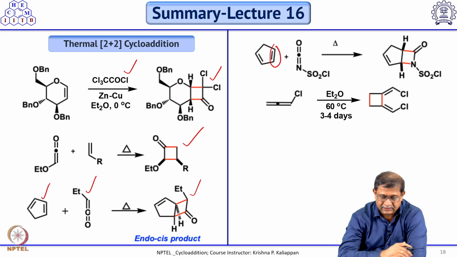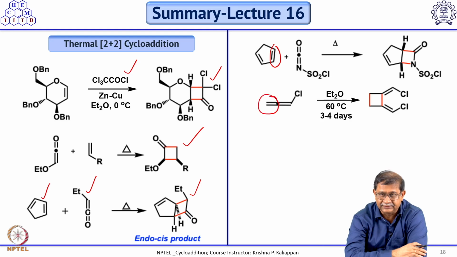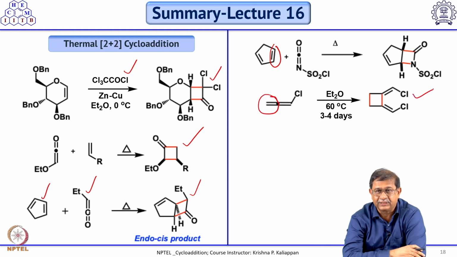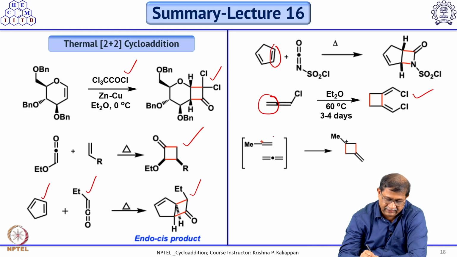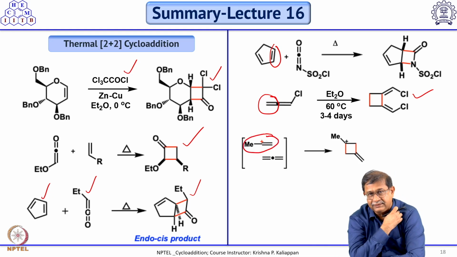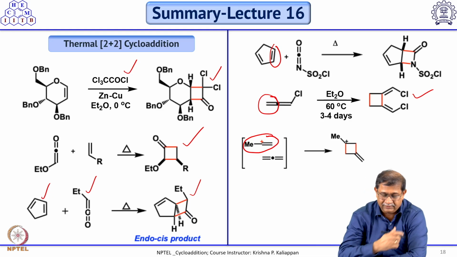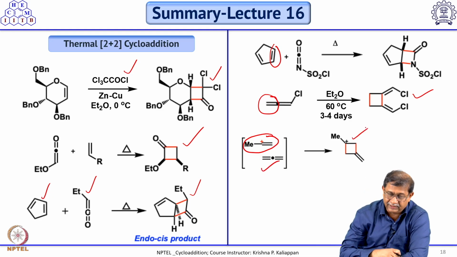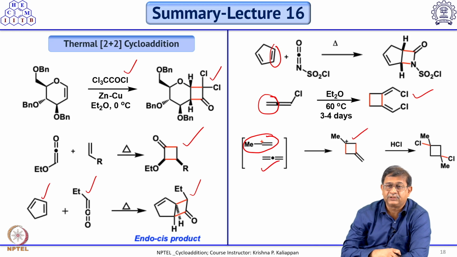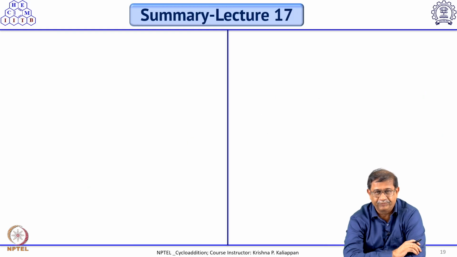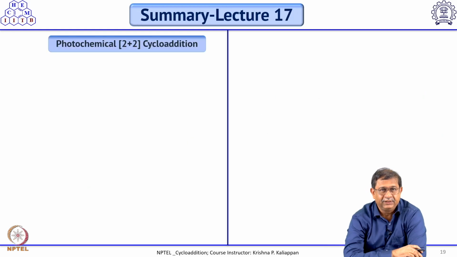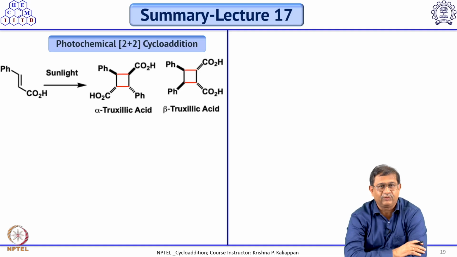And we also discussed the dimerization of allenes to get this monocyclic compound. And when you have an allene and you add H plus or HCl, one of the allenes will react to give this vinyl cation, and this vinyl cation can undergo 2+2 to give this cyclobutyl cation, which will be quenched with chloride to give 1,4-dichlorocyclobutane.